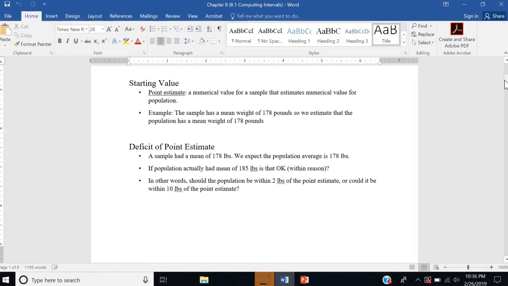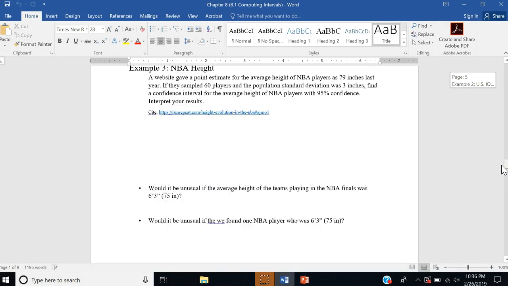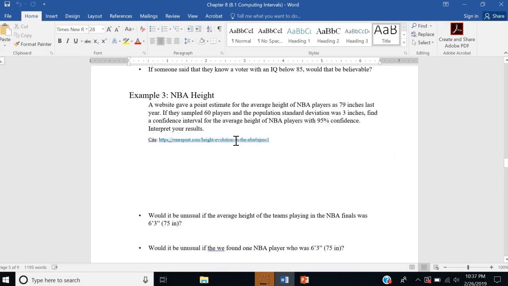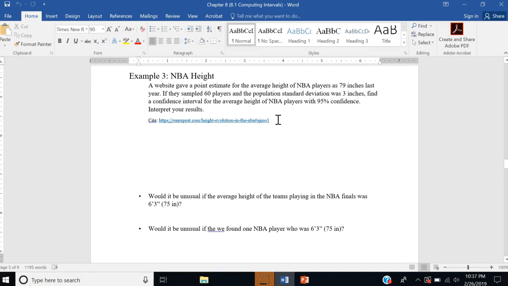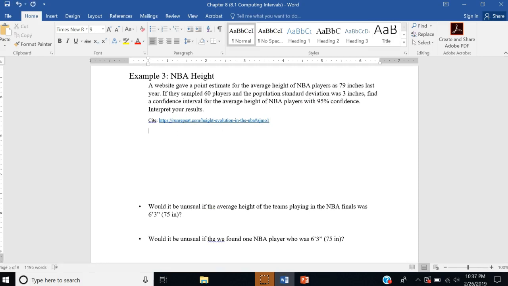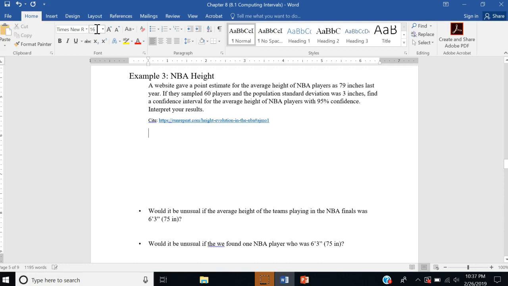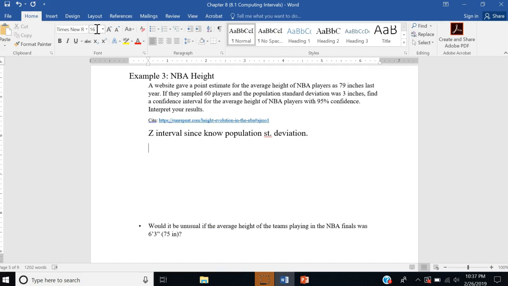Let me scroll down to the guided notes where we left off last time and deal with the NBA height. So again, what we're doing is we're using the z interval since we know the population standard deviation. All right, so we're looking for averages. We know our population standard deviation. Again, the z interval, we go into stat,